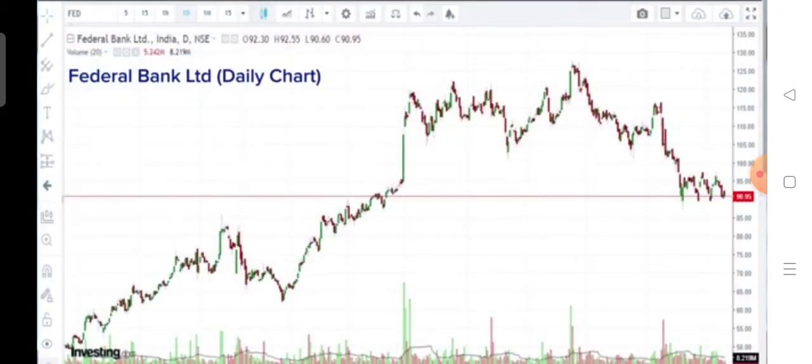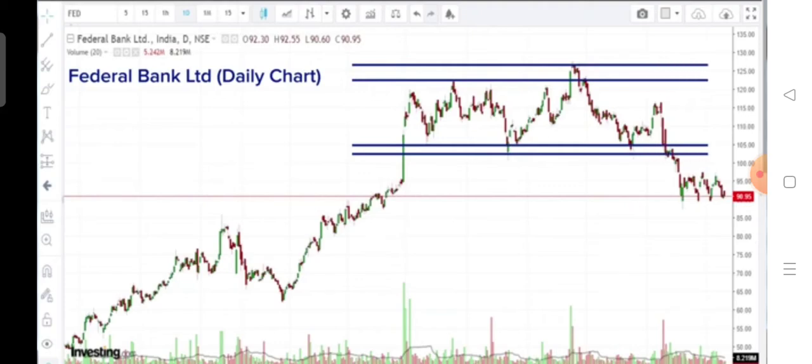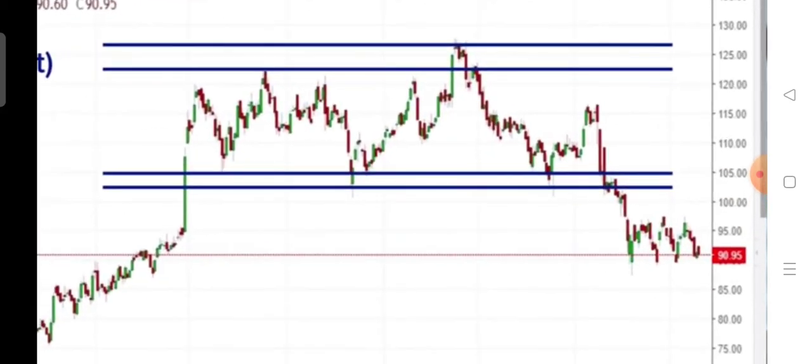As you can see, in 2017 again, a big rectangle was formed which lasted from the month of April, May to the beginning of 2018. And there was one small false breakout on the other side. So someone could have expected that this move was actually breaking out on the upside, but soon it came back. So someone who could have gone long could have been stopped out.